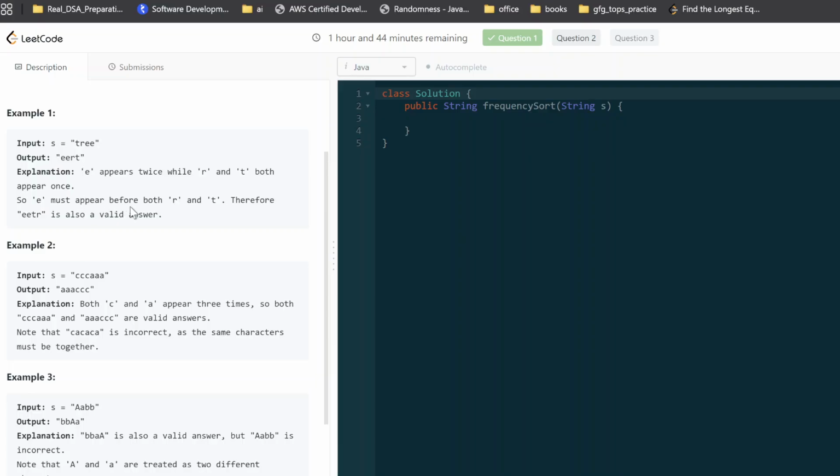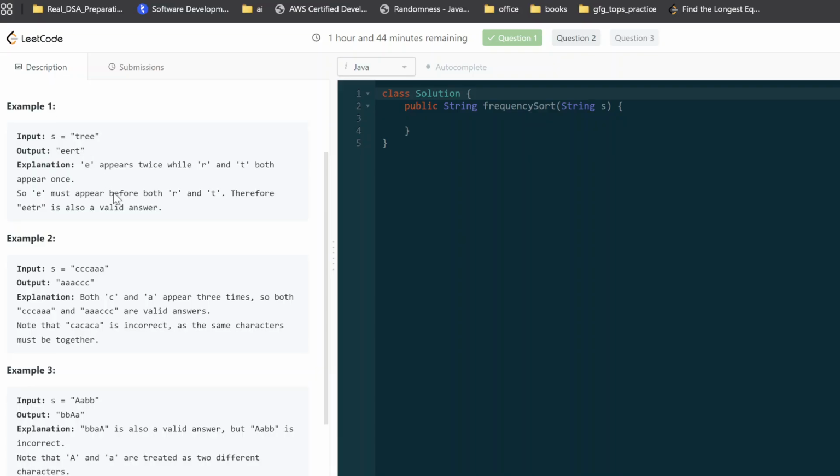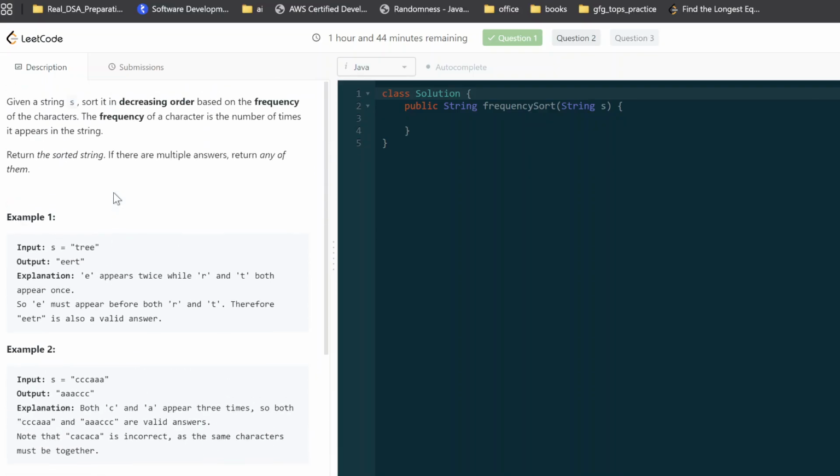E must appear before RNT, therefore EETR is a valid answer, and EERT is also a valid answer, right? So we just need to sort by frequency. So what's the requirement here? You should know your comparator. You should know your custom